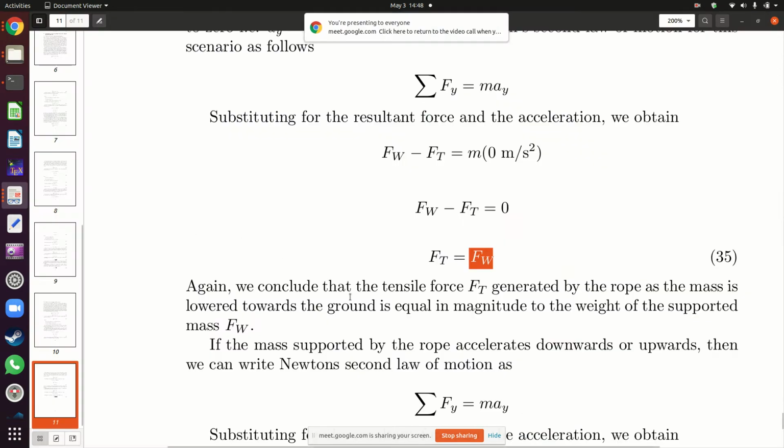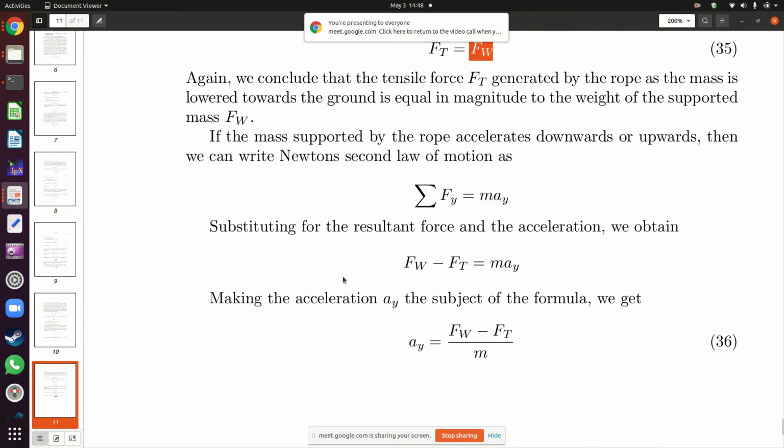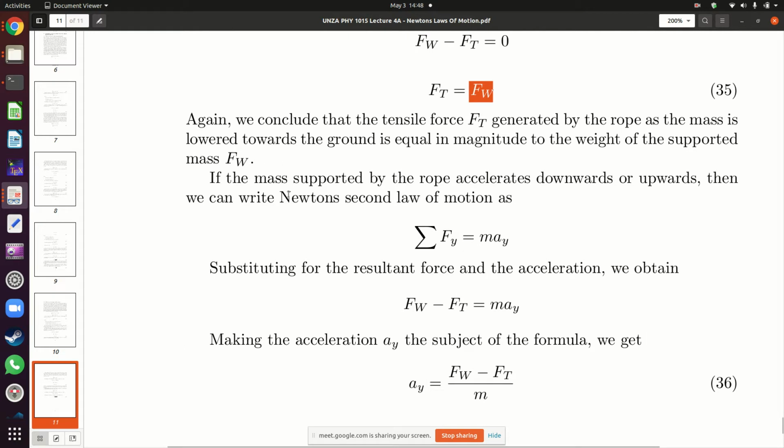Okay. The last but not least is when you have an acceleration. When you lower your mass down very, very fast, in that case, you will have acceleration. Or when you lift your mass very fast, then you're going to have acceleration in that case. So in that case, we have a resultant force, which is the weight, Fw minus Ft, equals the mass